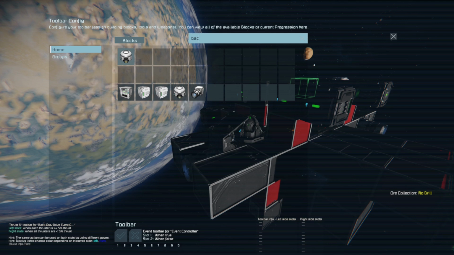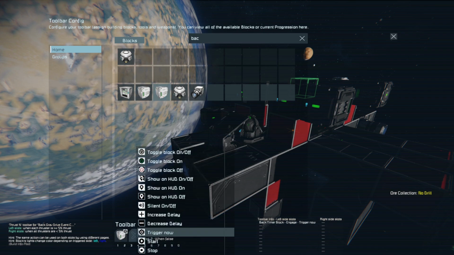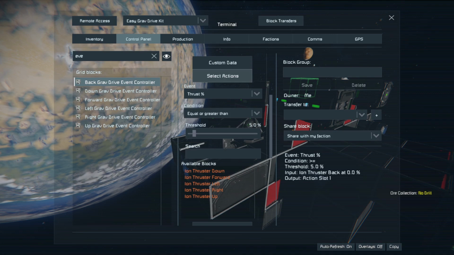So this is going to trigger when it detects the thrust. This is going to trigger when it no longer detects the thrust. So we're going to have engage, trigger now, engage, reset, and trigger now. The way that this is going to work is if I go into the back timer block